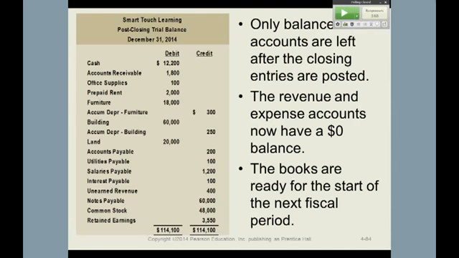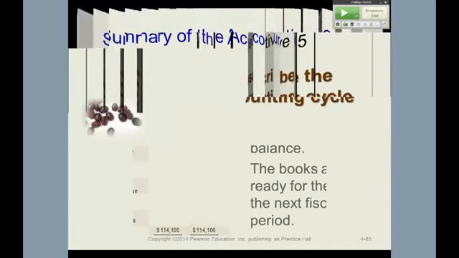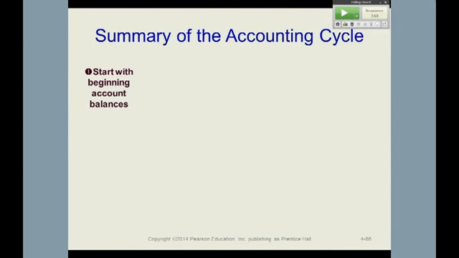Okay, now the last thing we're going to do is go through the cycle one more time as a review, and then we're going to move to chapter 5. When you look at the cycle, you start the year with beginning account balances. What accounts are those? Balance sheet or income statement? Balance sheet. You close out all the income statement accounts. So only permanent accounts start the cycle.